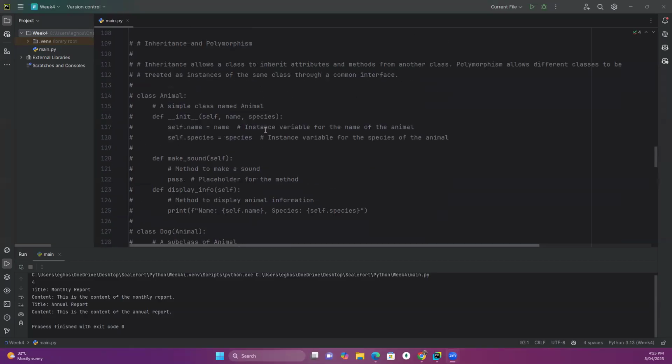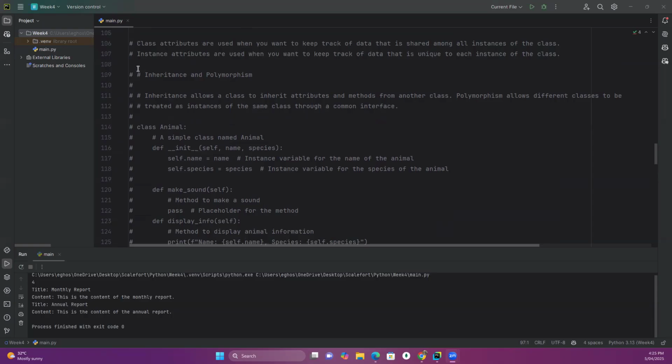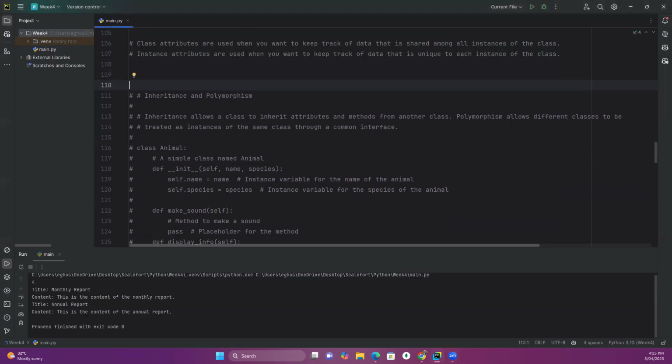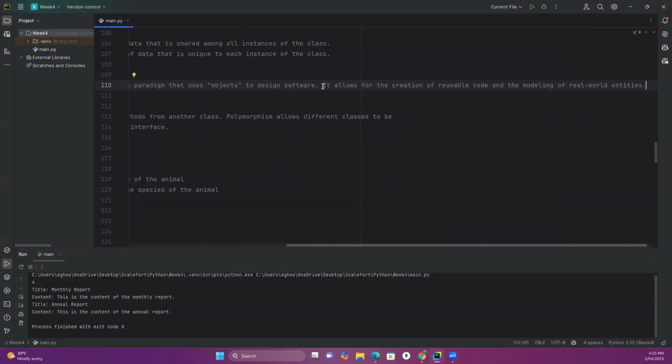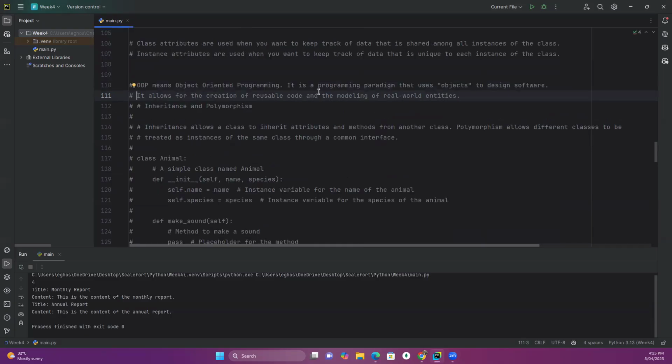All right, so now we want to talk about inheritance and polymorphism. Remember when we talked about OOP? OOP means object-oriented programming. It's a programming paradigm that uses objects to design software. It allows for creation of reusable code and the modeling of real-world entities, which is what we've been doing since. Now, there are different